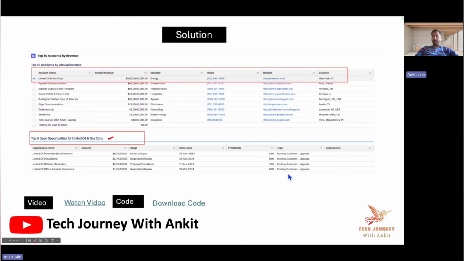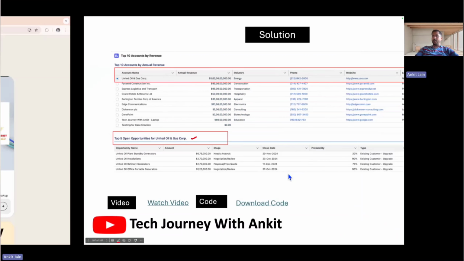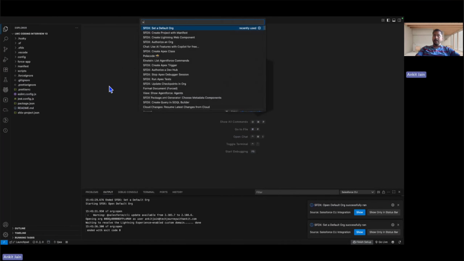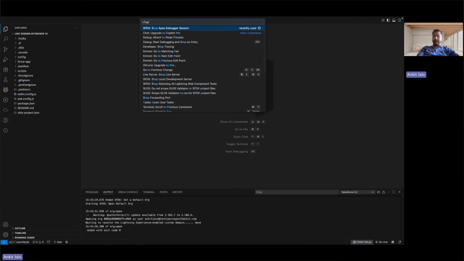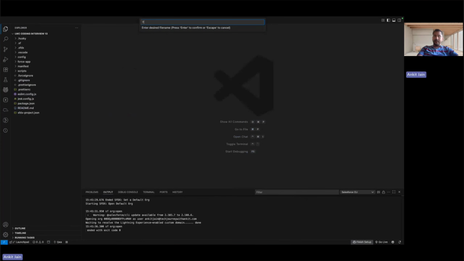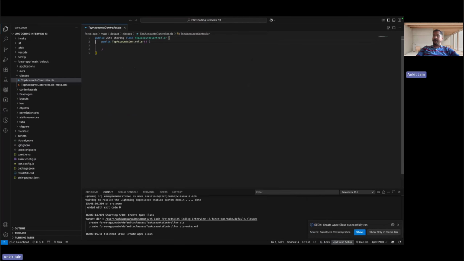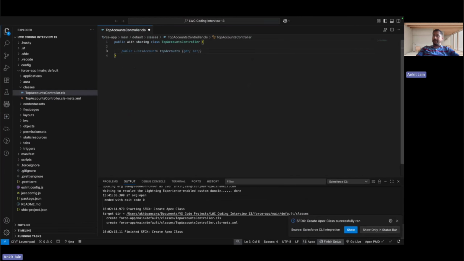Let's try to understand how we can build this solution with a step-by-step process. For that, I will take you to the editor where I will be creating the first controller, which is responsible for getting the required data. Let's say here I am creating an Apex class named TopAccountsController. It's a very simple Apex method which is responsible for getting the top accounts based on the